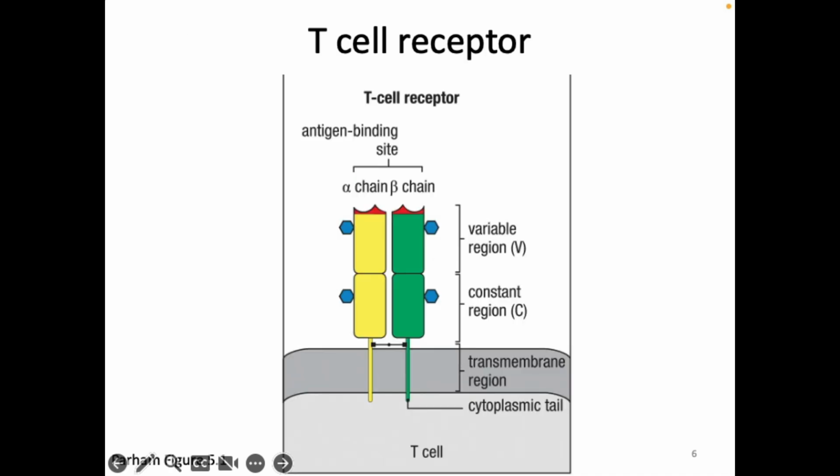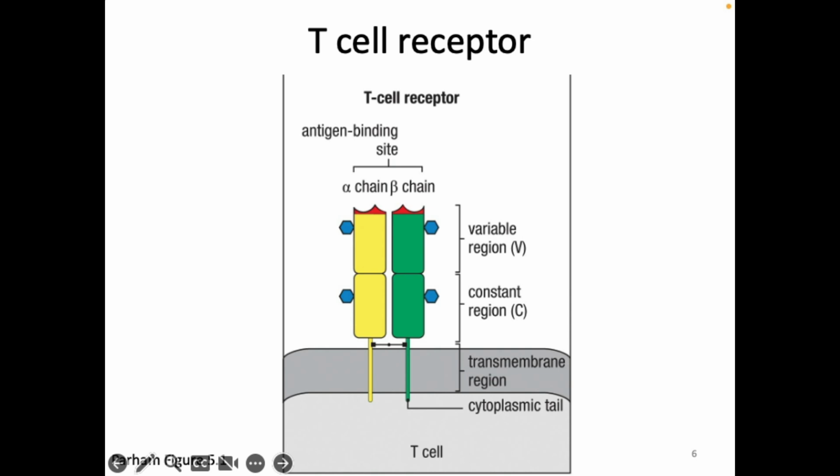And so to understand some details of this process, we need to think a little bit about the T cell receptor. Just like we did with the B cell receptor, we're going to think a little bit about a couple of details regarding signaling with the T cell receptor. Next week, we're going to have a whole day where we do even more details of signaling. But right now, we're just going to talk about a couple big picture issues. And we're also going to spend time talking about how the T cell receptor is made